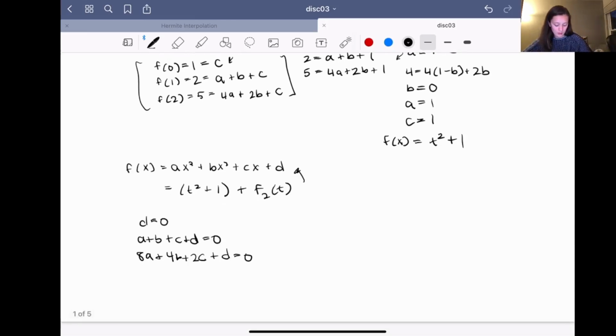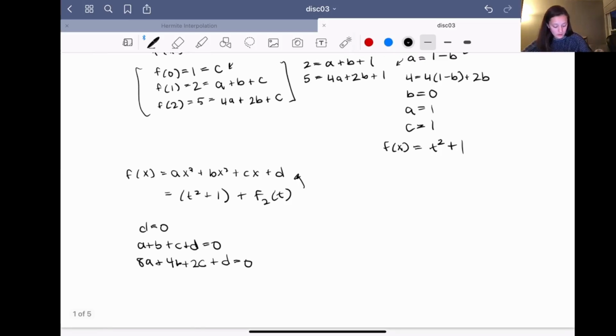Okay, and then we can solve the same process as before, and we will find that b equals negative 3a, c equals 2a. So what does that mean? That means our final answer will be of this form,